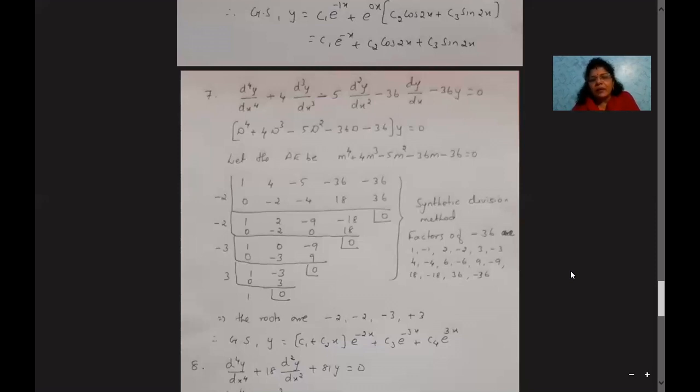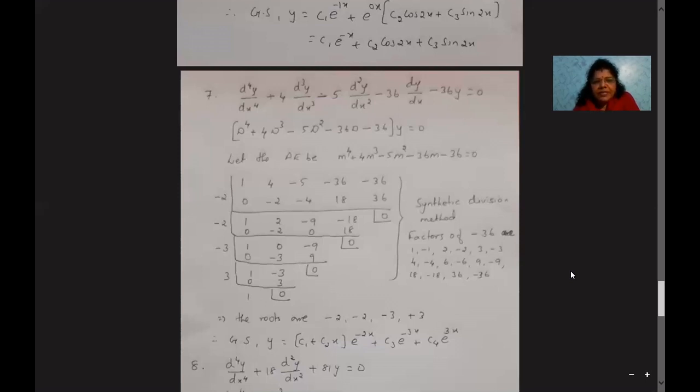First, I select 1, minus 1, 2. For all three, I will not get the remainder as 0; I will get non-zero remainders. So I'm trying directly minus 2, the fourth number. So I'm trying with minus 2.